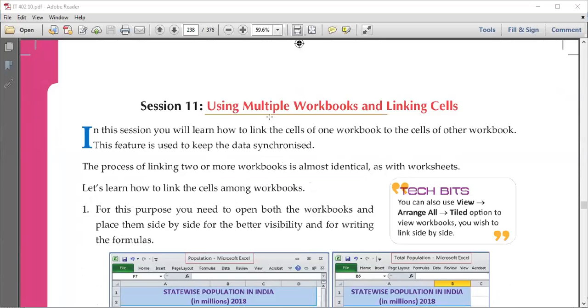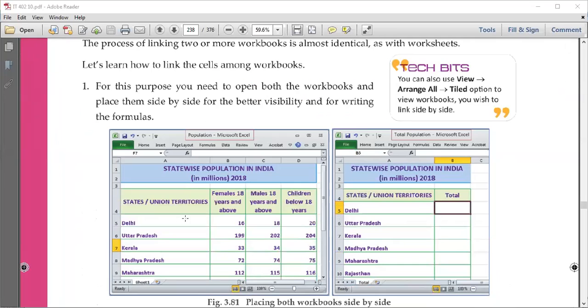When we are working on different workbooks, one workbook is one file, right? As you see here, we have two workbooks, एक है total population और एक है population.